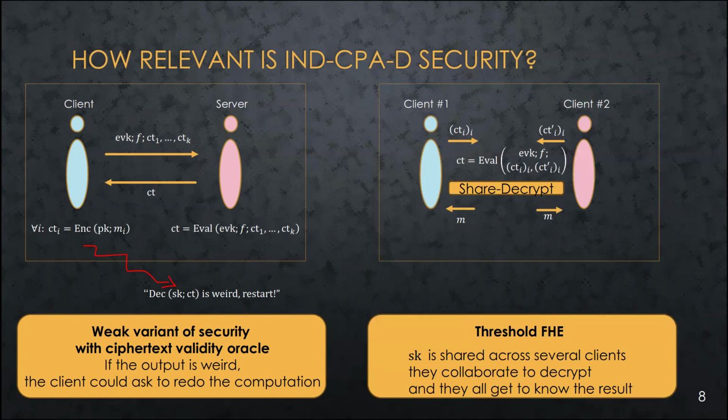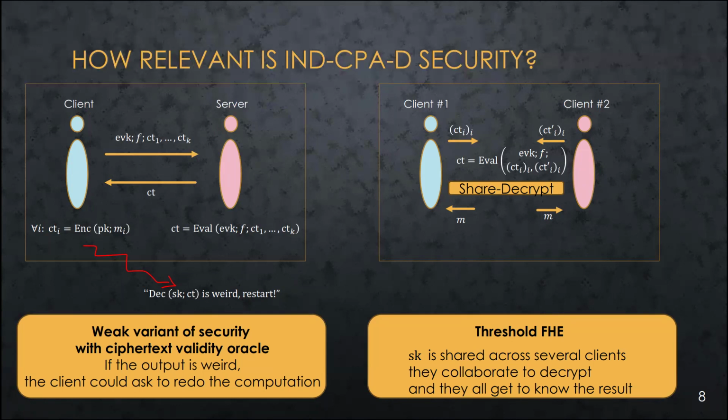Another scenario is when you start using FHE for some kinds of multi-party computations. The simplest example of this is threshold FHE, where different users compute on different data that they have, and then they jointly decrypt the result of the computation. In this case, the adversary is typically one of the users. And then just by design of the scheme, the adversary gets the result of the computation because it is one of the users. So if you want to go towards schemes like threshold FHE or extensions,